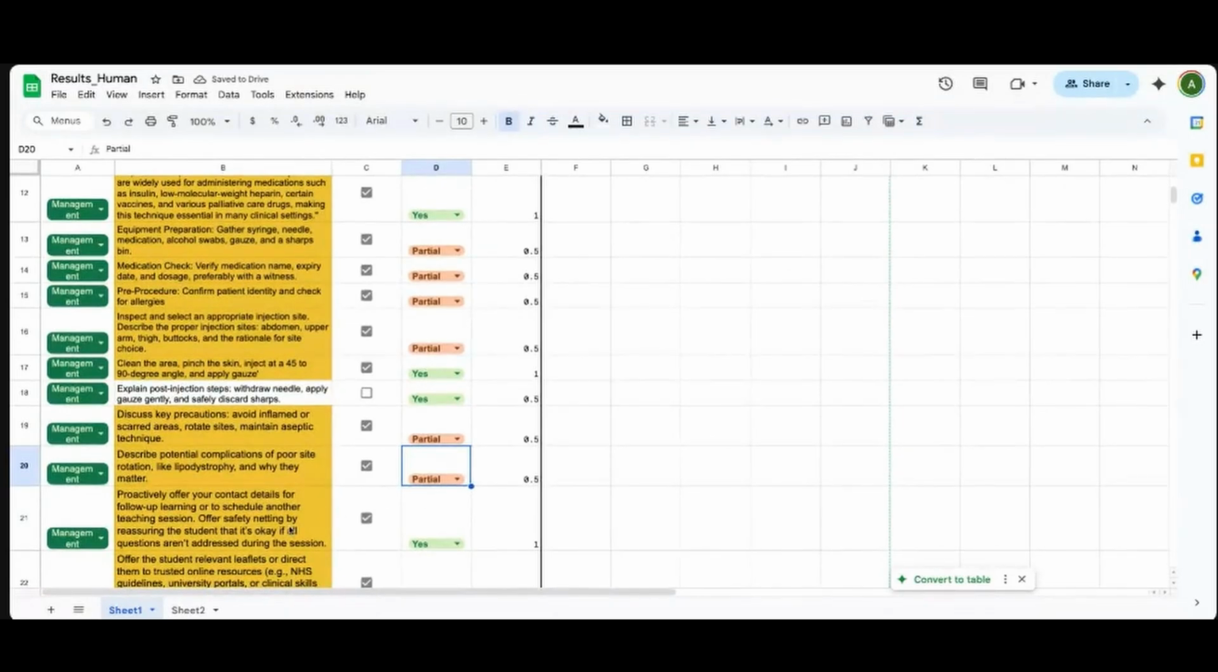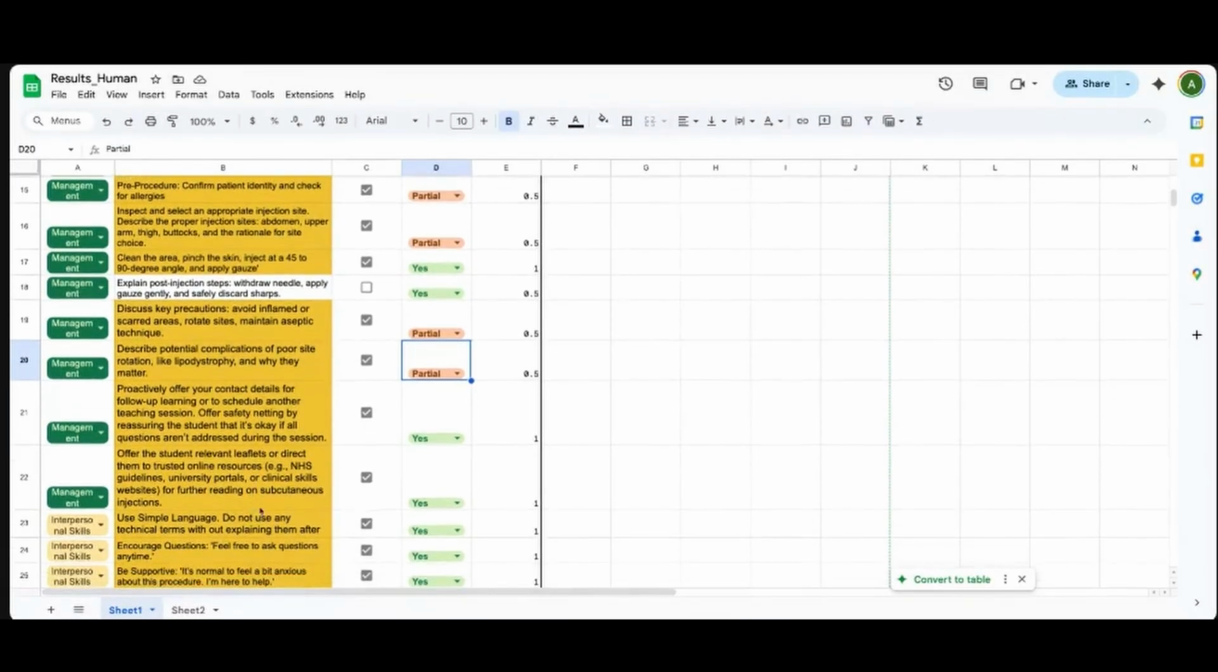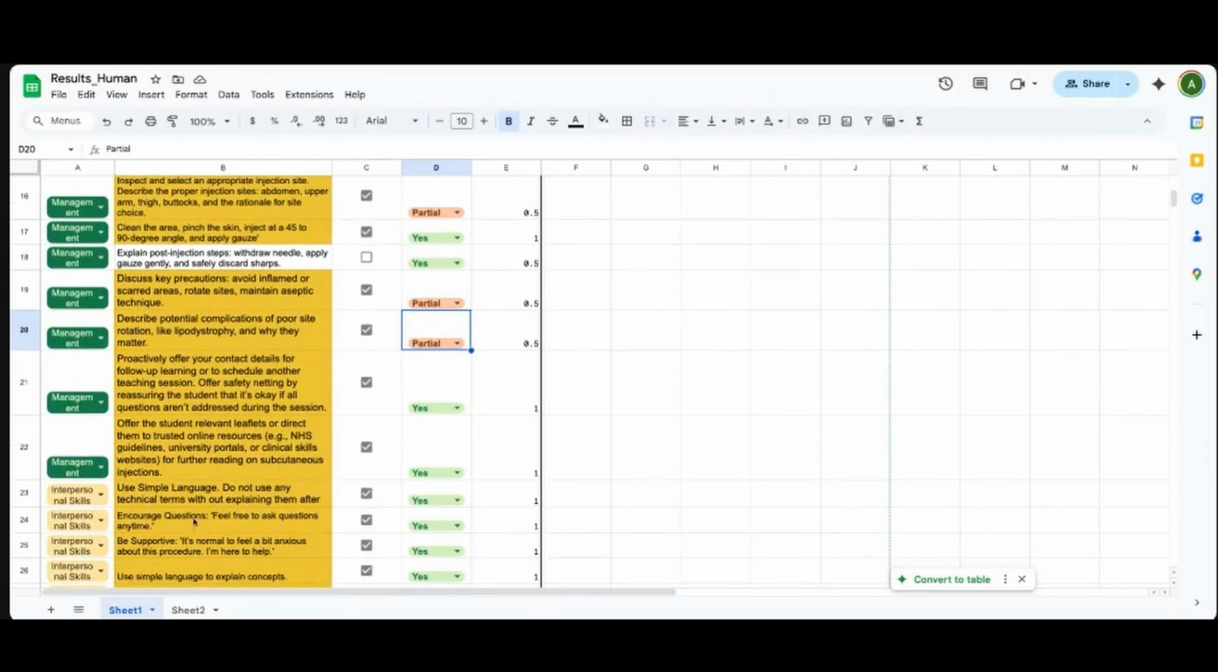Proactively offer your contact details for follow-up learning or to schedule another teaching session. Yeah. Offer the student relevant leaflets or direct them to trusted online resources. That was also done, so good job on that. Use simple language. Do not use any technical words without explaining them. So I'm going to give you a partial because you mentioned